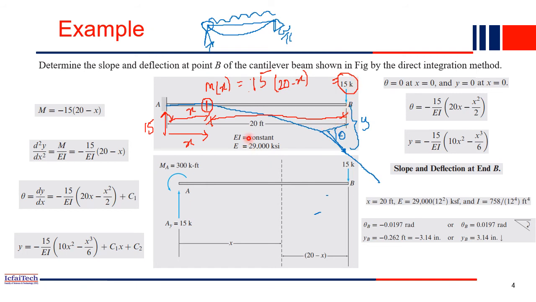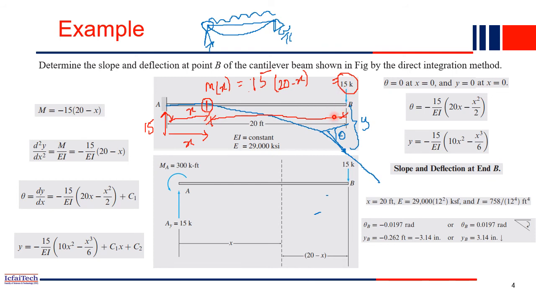So 15k is the force. Force is 15 into distance. The distance is from here to here. How much is the distance? So total distance is given to us, that is 20 feet, and this distance we considered x, right? Our x variable starts from the support. So this is x, and this entire length is 20, right? Then how much from here to here? So it is 20 minus x. So you have the force 15 and distance is 20 minus x. So 15 into 20 minus x is the total moment at this point, Mx, right?